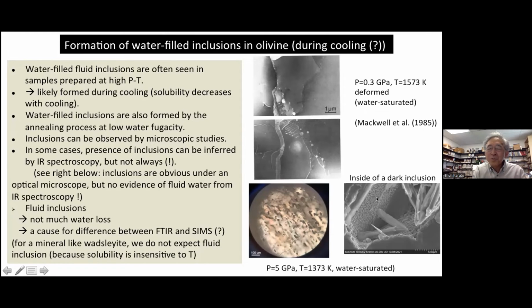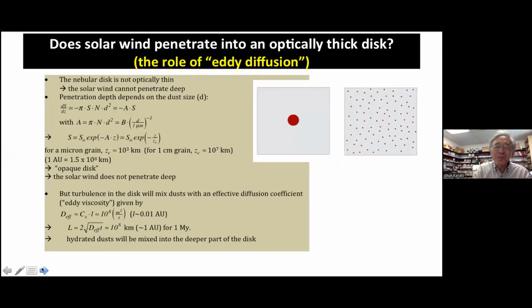And that is why the inclusion looks dark. If it's dark, the FTIR infrared beam doesn't go through the bubbles, so you don't see anything. So that is the interesting observation. And then finally, a few minutes to talk about the